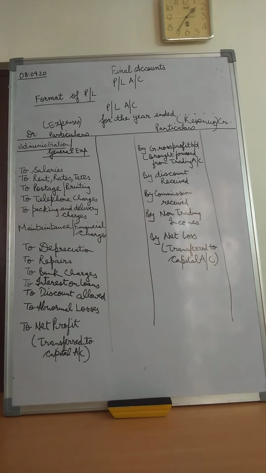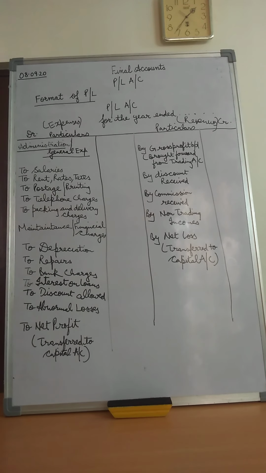P&L account for the year ended, say, 31st of March 2017. On the debit side, children, we have all the expenses that are indirect in nature. Kindly note once again, these include all the expenses which are indirect in nature and which are part of the nominal account. And on the credit side, we have all the revenues and incomes which are indirect in nature again and which are part of the nominal account. Now let us see what all the P&L account includes.